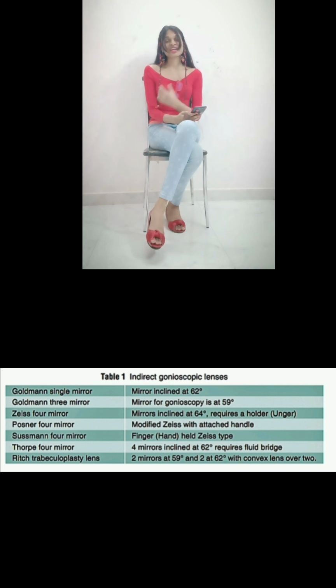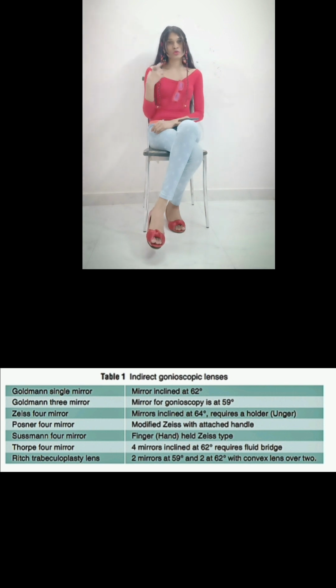And also we can do the indentational gonioscopy, that is pressing, because they have a smaller contact area between the cornea and the lens relatively, as compared to the direct. If it is larger, as seen in direct gonioscopy or with single mirror lenses, the contact area between the cornea and the contact lens is more, so the pressure on the cornea with the contact lens, be it direct or be it indirect with